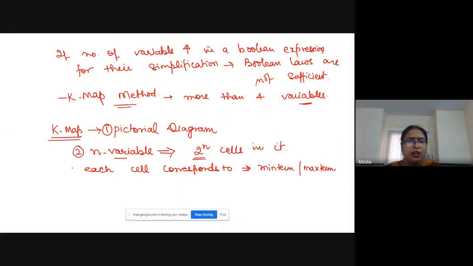It is a pictorial diagram. If there are n variables, then the K-map will contain 2 raised to power n cells, and each cell in a K-map corresponds to a min term or max term.